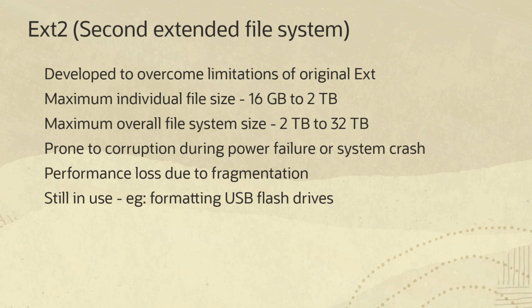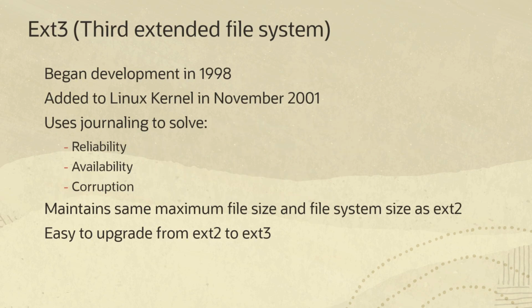The Ext2 file system, like most file systems of the 1990s, was susceptible to corruption during a power failure or system crash. It also suffered from performance loss due to fragmentation. Even with these known problems, Ext2 may still be found today, in isolated cases such as formatting of USB flash drives. In 1998, after 5 years of using Ext2, Ext3 development began, and the Linux kernel introduced it as a